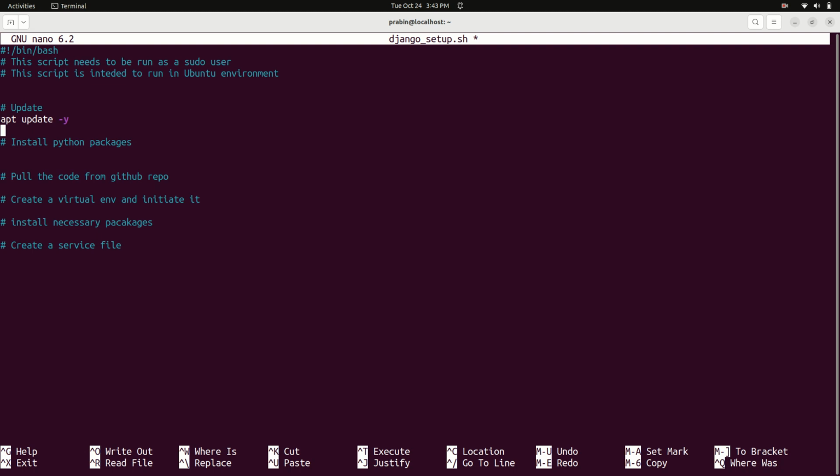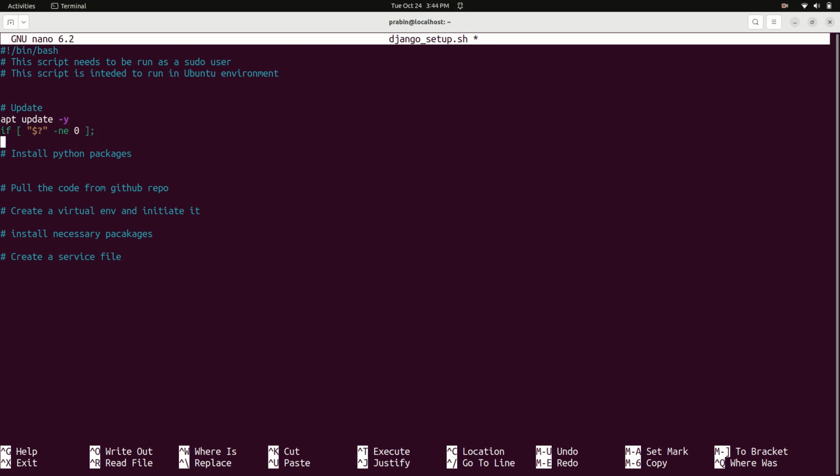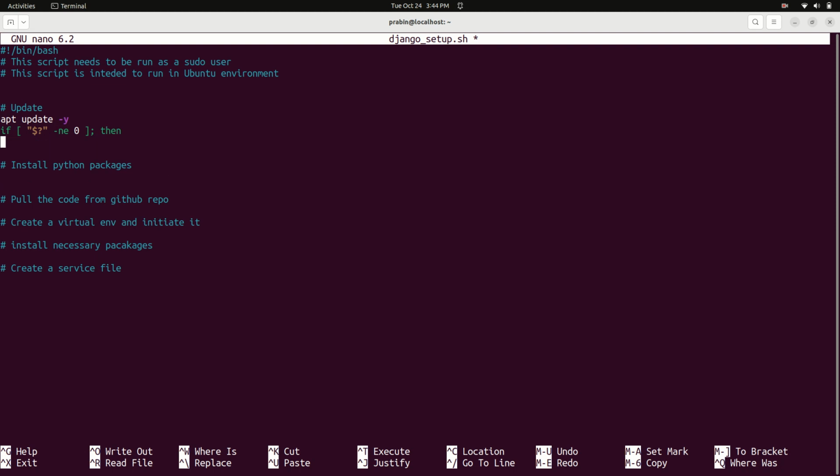So I'm going to check the exit status code. So I will write an if statement, if $? not equal to 0, sorry, equal to 0, then